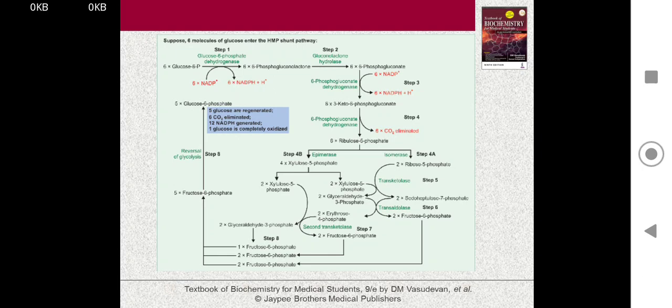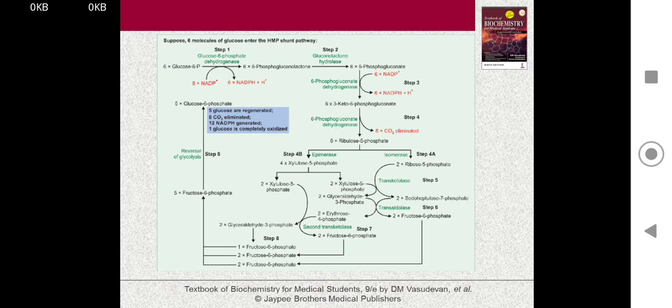Out of this 5 carbon unit, ribulose 5-phosphate is converted to ribose 5-phosphate and xylulose 5-phosphate. Here ribose 5-phosphate combines with xylulose 5-phosphate to form the sedoheptulose unit. Here the enzyme is transketolase. Here ribose 5-phosphate is a 5 carbon unit. So a 2 carbon unit including the keto bond is transferred to this substance to form sedoheptulose. So 2 carbon unit plus 5 carbon unit, a 7 carbon unit sedoheptulose is formed.